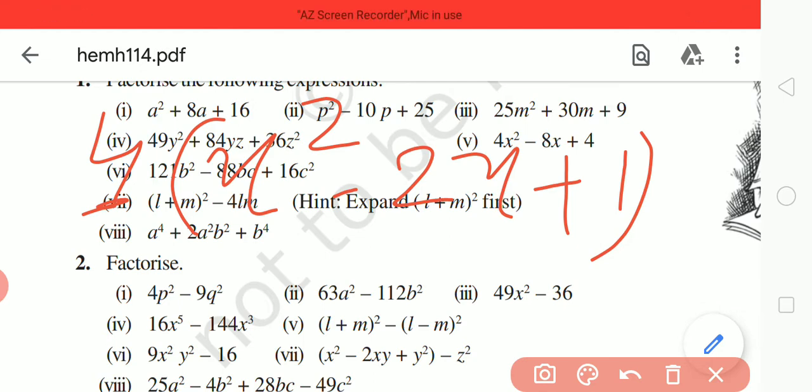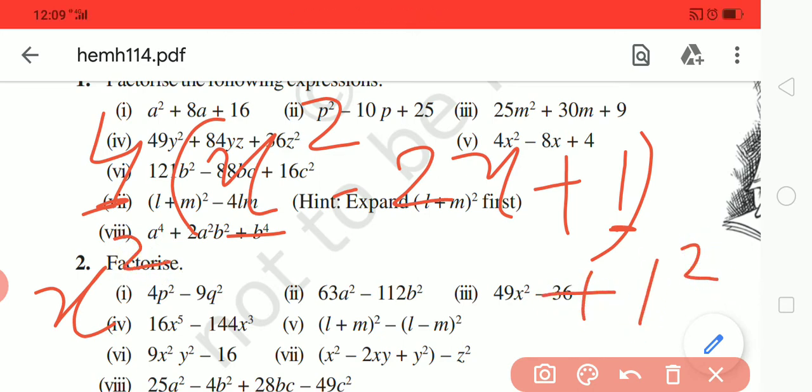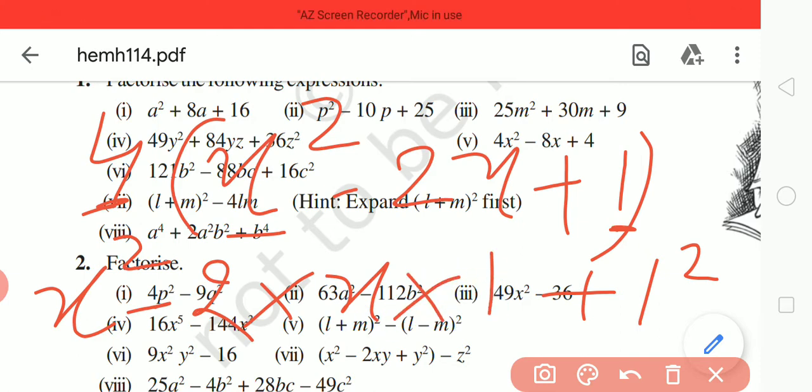So you can see here 1 is a perfect square number, x square is also a perfect square number. So you can write it like x square plus last term square, means 1 square is 1, you know that, and the same sign of the middle term will be followed, that is minus, 2 multiplied with the first base and second base. And let us check whether this is minus 2x or not.